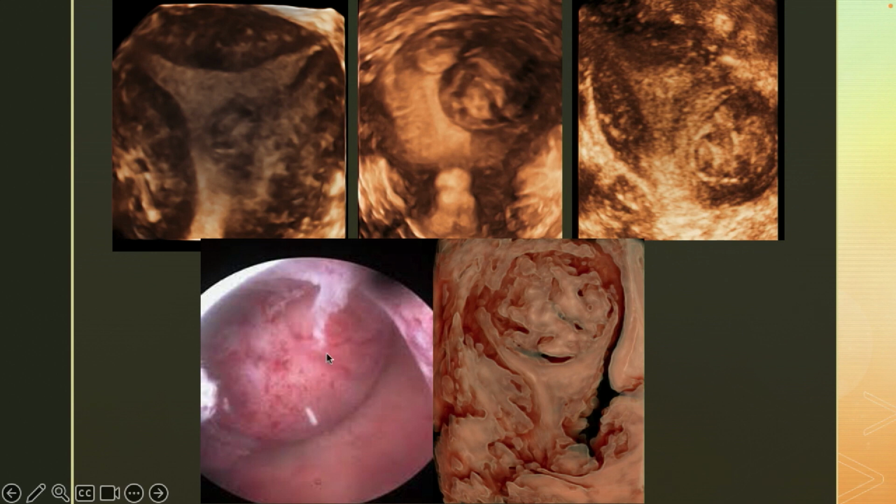And again, look at the harmony, look at the synchrony between the laparoscopic findings and the ultrasound findings. Here there is a fibroid which is, say, type 1. This is a fibroid here which is again probably type 1. This is a muscular fibroid. This is again type 0